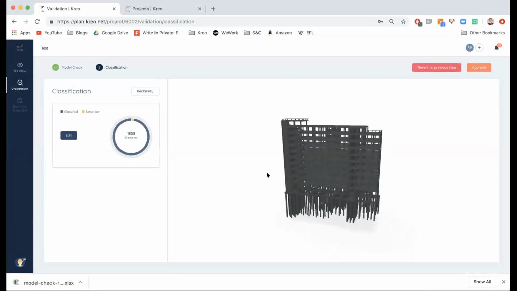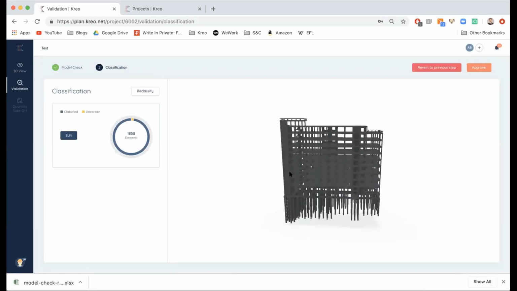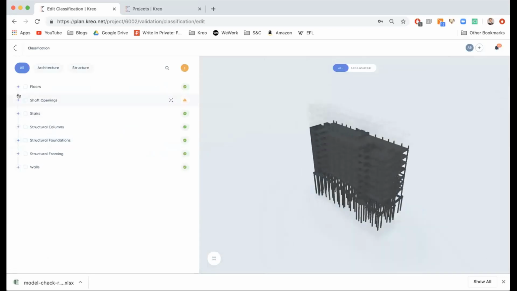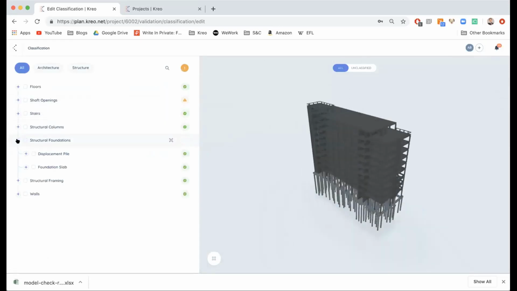And within this step, we're just wanting to ensure that we have classified every element within the BIM model correctly, because of course, this will then affect the quantity takeoff. And not only do we want to make sure the BIM elements are correctly classified, we want to make sure that their construction method is correctly classified. So customers have often told us that they receive a BIM model with insufficient detail or things not classified correctly. So Kreo has developed the platform for you to be able to edit this yourself and to be able to quickly